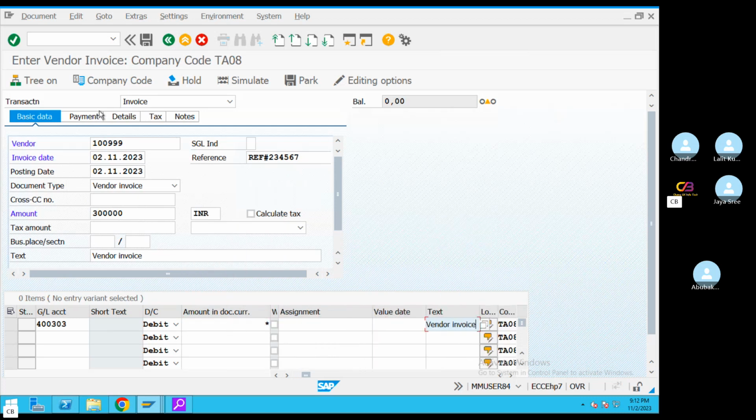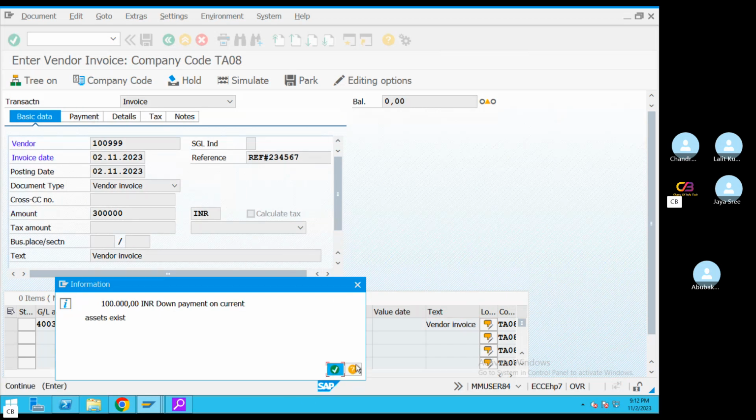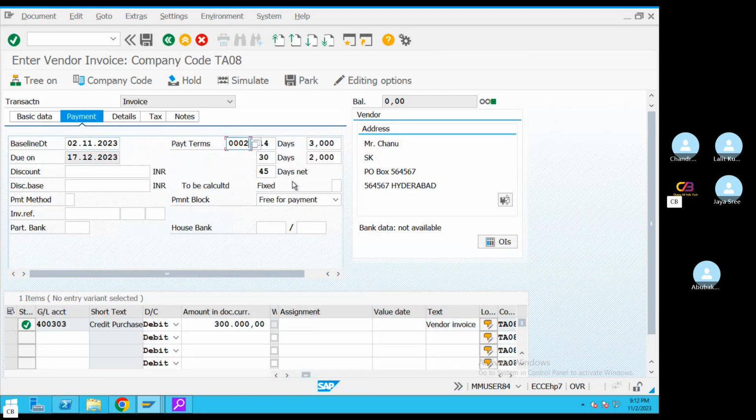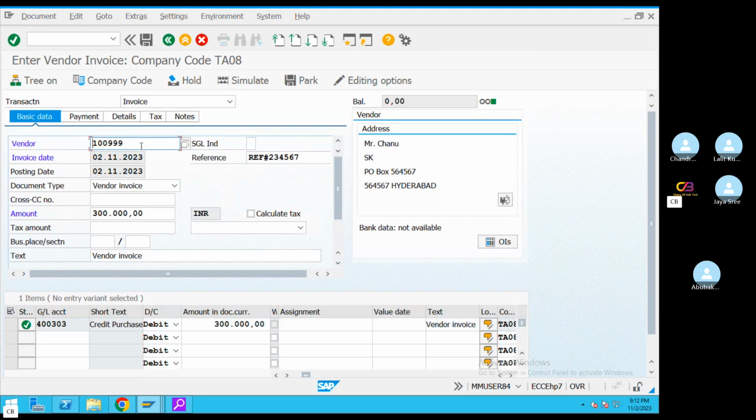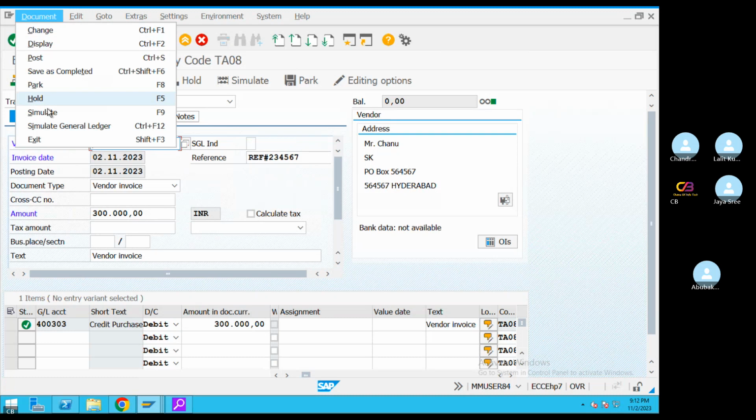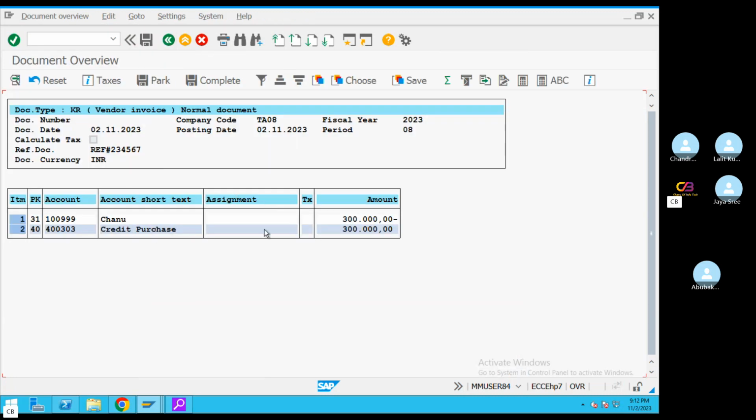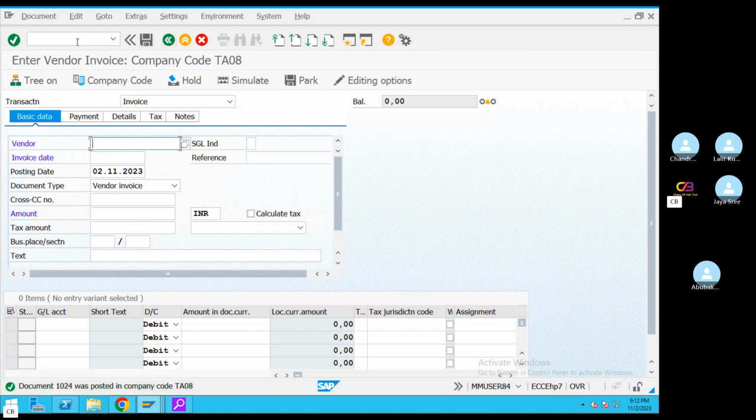Payment on 0001, basic data, simulate. This is the vendor invoice, 3 lakhs, down payment done 1 lakh. Okay, saved. Now you go and check in